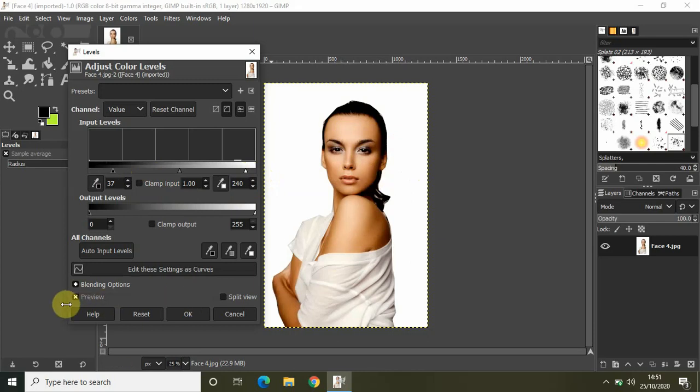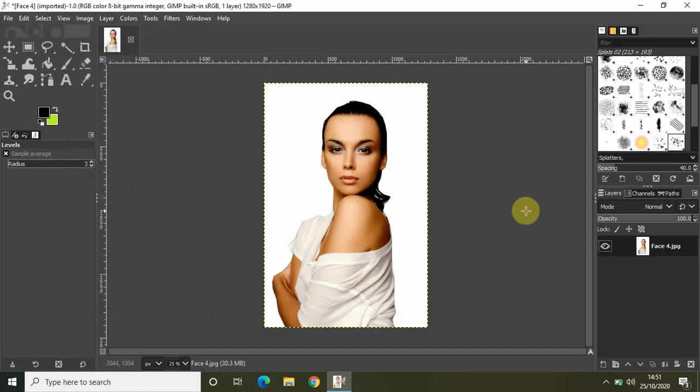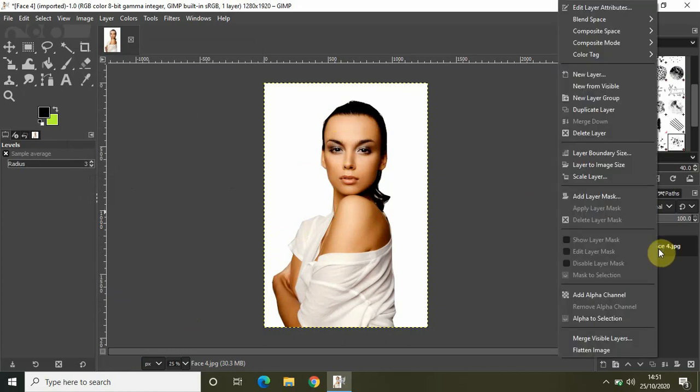So this was how our image was previously, and this is how it is now after I adjusted the color levels. As you can see, I have successfully added sharpness to my image, and let me now quickly click on OK.